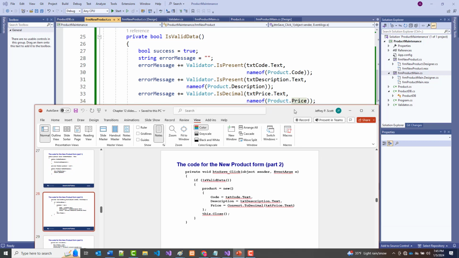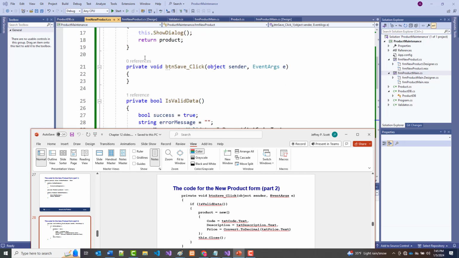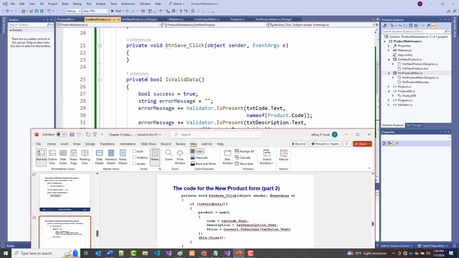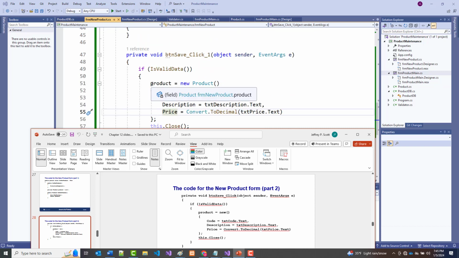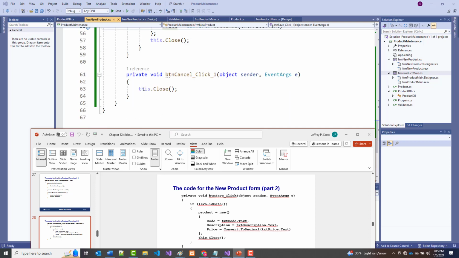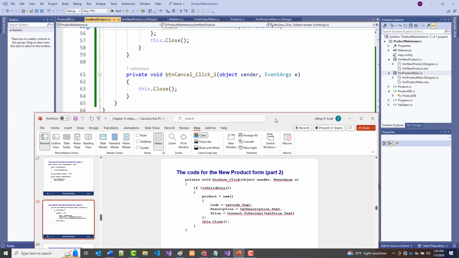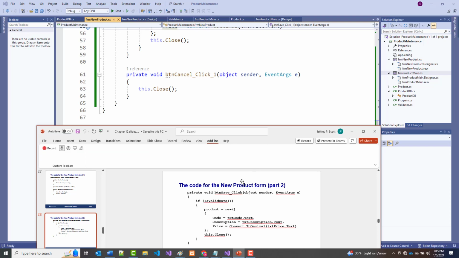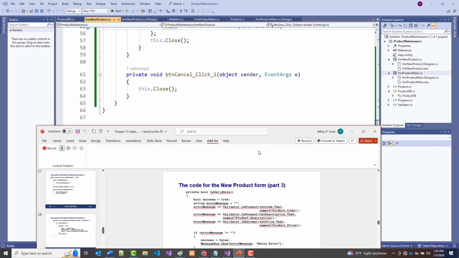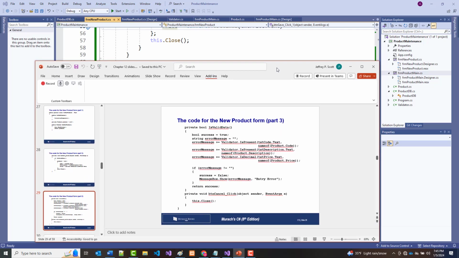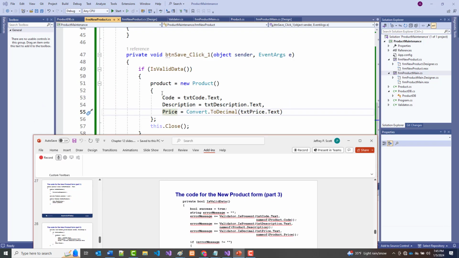All right, we need our save. Is valid data, product equal new, new product, that's fine. Code equals this, description, price, this dot close. That looks correct to me. That's just this. This dot close. It's down there. Cancel this dot close. And we've got